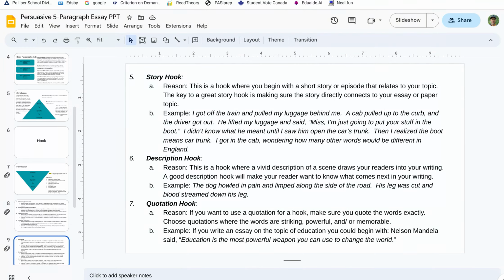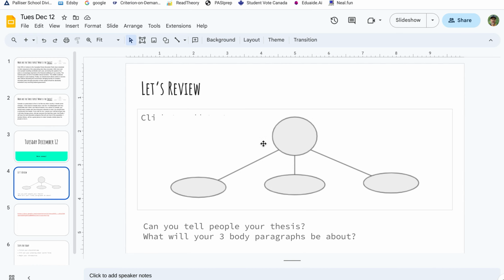So let's go back to this image that I was looking at here. Suppose my topic was honesty, as a theme in the novel. My first paragraph was going to be about how Armstrong was dishonest. My second paragraph was going to be about how Lombard was honest. And my third body paragraph was just about honesty in the real world. And I've used a quotation out of the gate that talks about how Dr. Armstrong has lied.